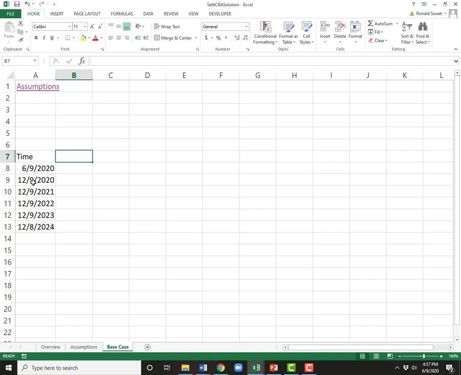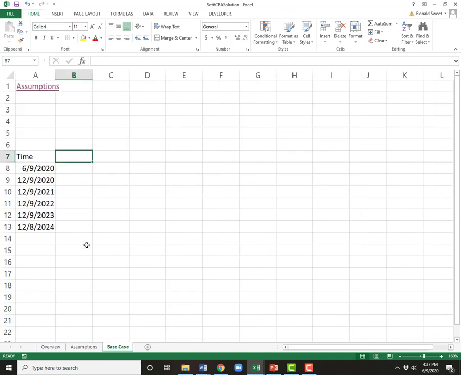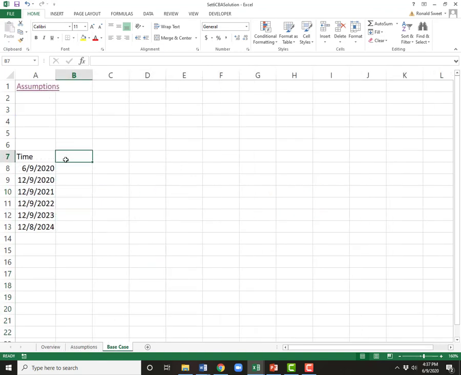So we have to build up to this, and there are 2 ways I've seen students do it. Either way is fine. One, I've seen students do a schedule in the assumptions page, and it might show all the cash flow for year 1, and then for years 2, 3, 4, and 5, just take that year 1 cash flow and grow it with inflation. That's fine. You can certainly do that. I'm going to do a different approach. It's up to you how you want to do it, but I'm going to do a different approach because